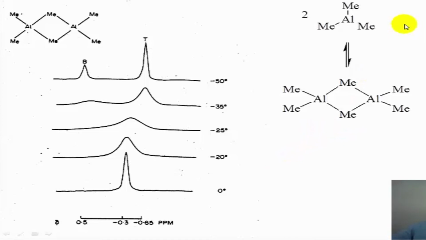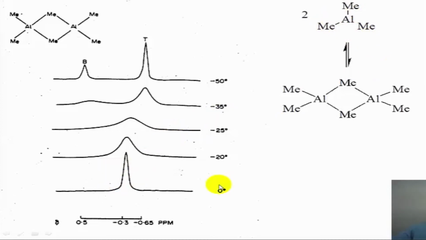Now, trimethyl aluminum can undergo dimerization at low temperature to form a dimeric structure like this one. At room temperature or higher temperatures, it exists as a monomer. In the monomer case, there are 3 methyl groups and 9 hydrogens in these 3 methyl groups. All the 3 methyl groups are chemically identical. As a result of that, only a singlet is seen at around 0 degrees or so. And above 0 degrees, of course, it will be a sharp singlet. All the 9 hydrogens of the 3 methyl groups appear as a singlet because it exists in the form of a monomer.